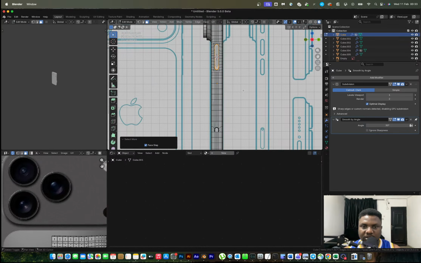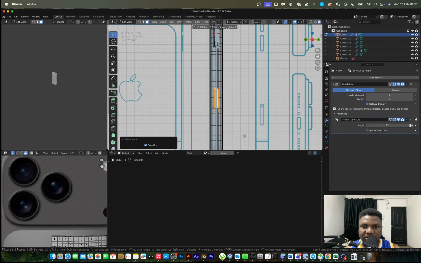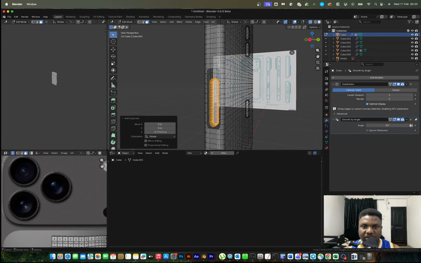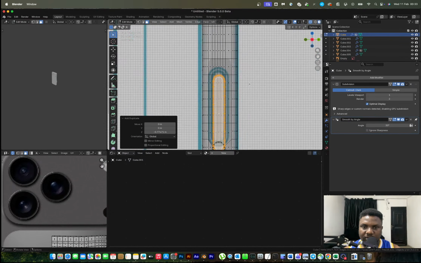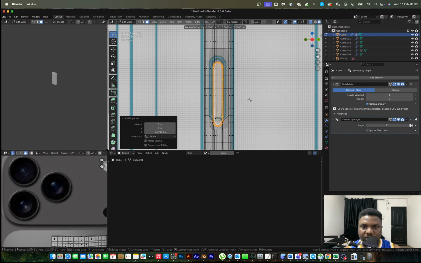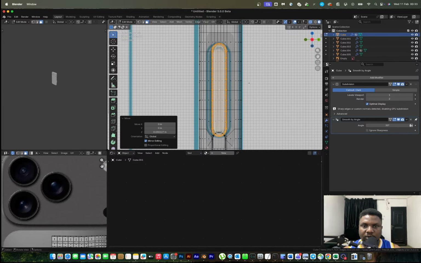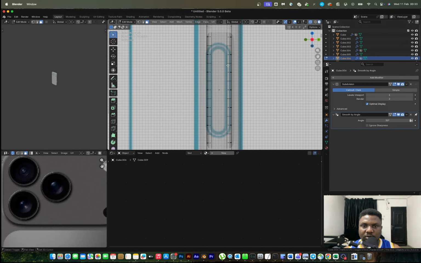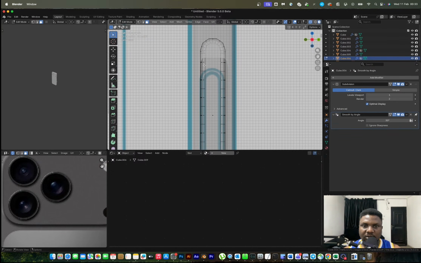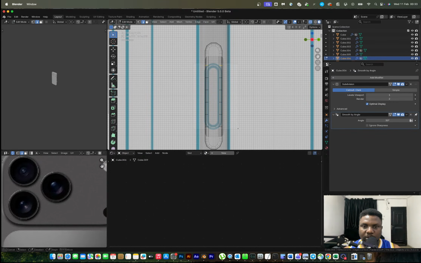And I can Shift D and Z all the way to this part down here. Right? GZ. And what I want to do is scale this to where it fits. I'm going to separate that selection, bring this in, and you see all these edges in between. I'm going to take all of them out. So I'm going to dissolve. I'll take them out one by one. Dissolve this edge,